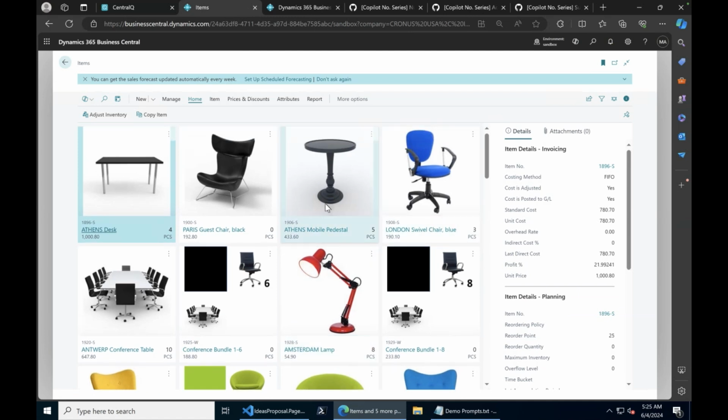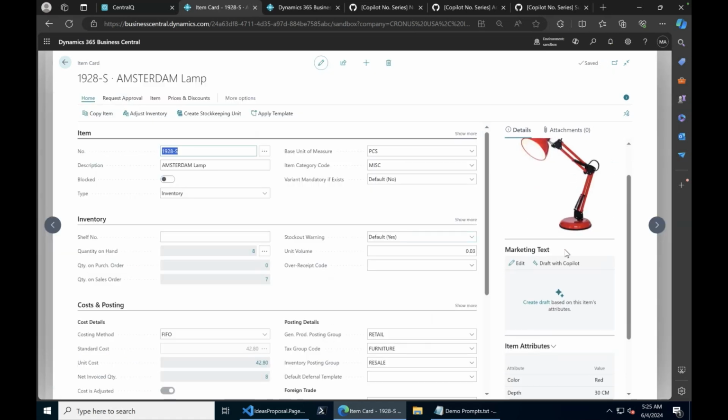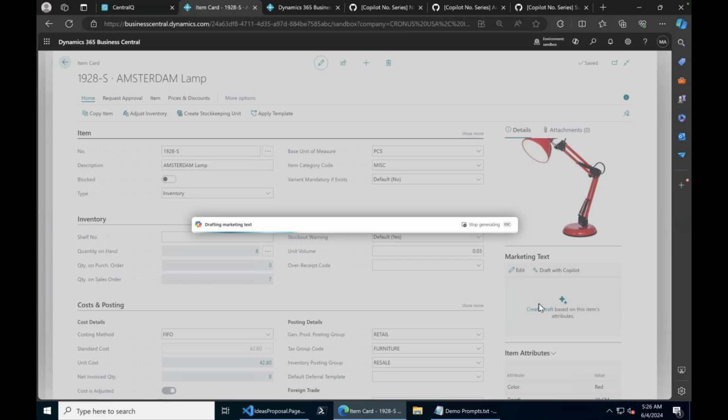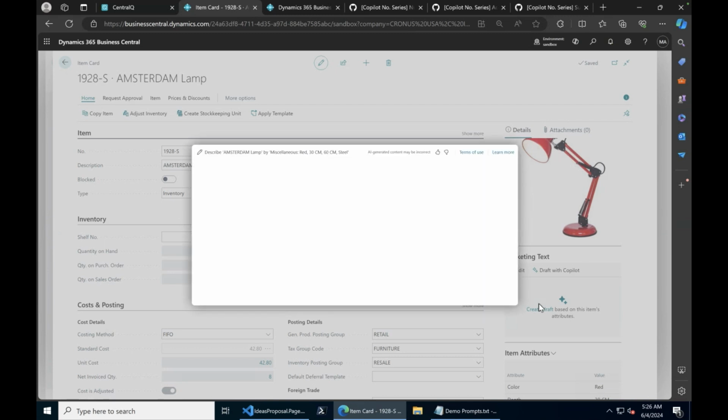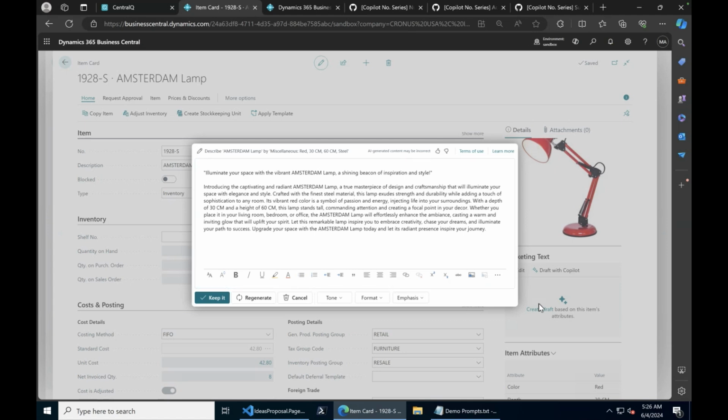Which one do you like? I like that funky Pixar-looking lamp. The one right below. Lamp. Okay, that one. Let's go to the lamp. And what we can do here, there is a shining marketing text place, and we can create a marketing text with a Copilot. So it actually took all the information about this item and created some kind of marketing text that we can then put to the sales store, or integrate with a